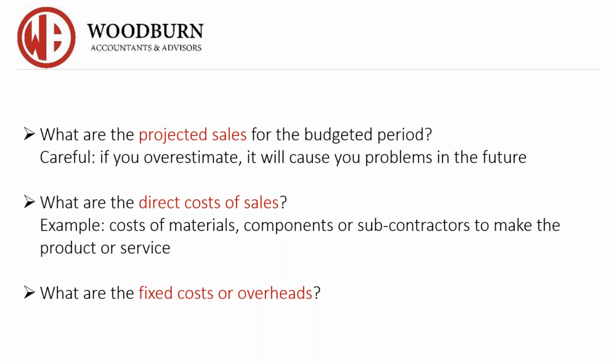All right, so you've got to project your sales, you've got to figure out your direct costs of sales, and you've got to figure out what your fixed costs or overheads are. For example, I was talking to a non-numbers person about this. They've already set up an entity in China and they're planning for their 2021 budget. In their budget, they had added headcount. But then I asked them, I assume for each of these headcounts, you've got to buy a laptop. Where are the laptop fees in the budget, right?